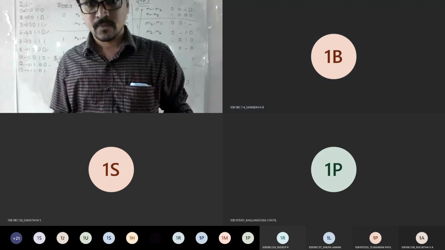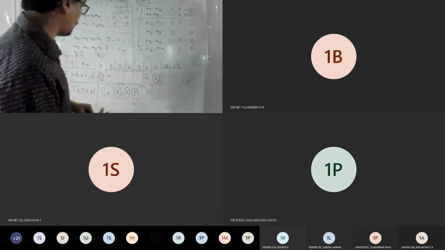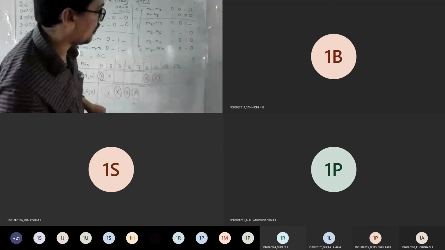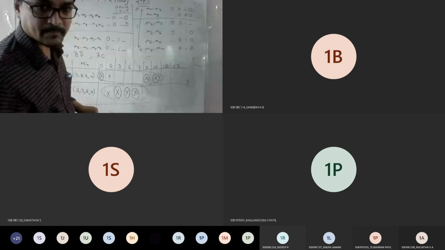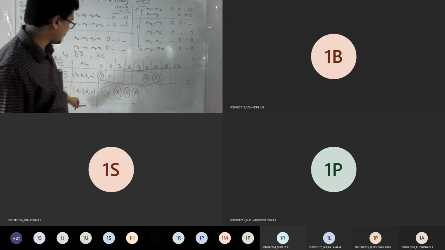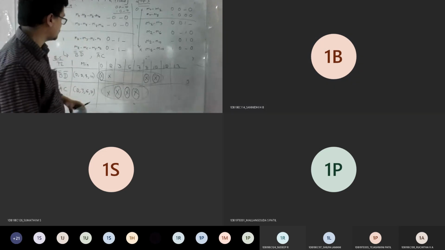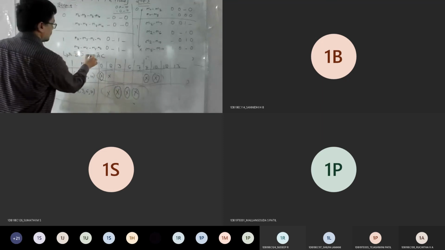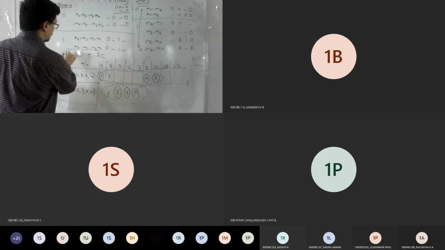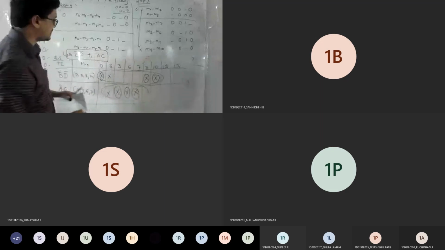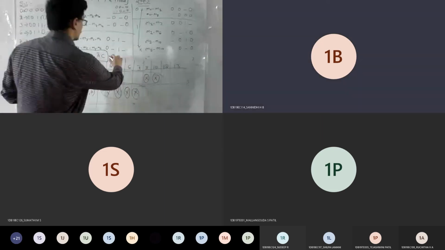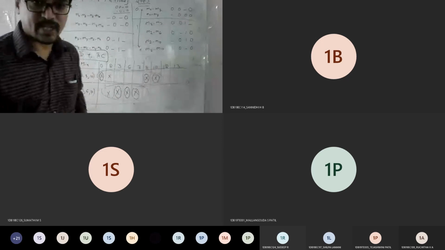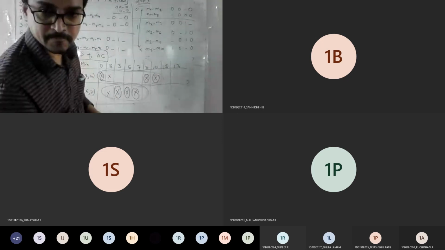Sir, how to write the answer for this? Our answer is final. Therefore, y equals B bar D bar plus A bar C, the same way I wrote earlier. So after this, just write the expression y equals B bar D bar plus A bar C as the answer. So you can conclude this. If they ask you to write a logic diagram for this, you can plot a logic diagram also. Okay?